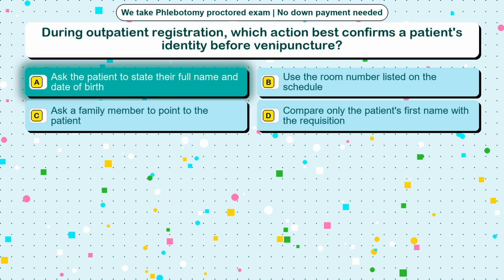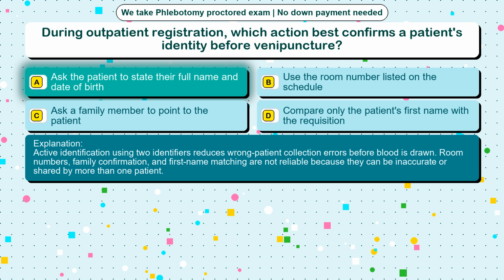The correct answer is option A. Ask the patient to state their full name and date of birth. Active identification using two identifiers reduces wrong patient collection errors before blood is drawn. Room numbers, family confirmation, and first name matching are not reliable because they can be inaccurate or shared by more